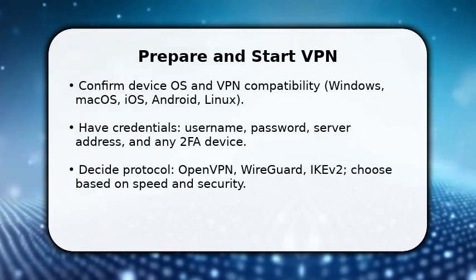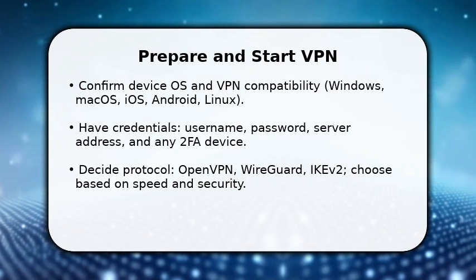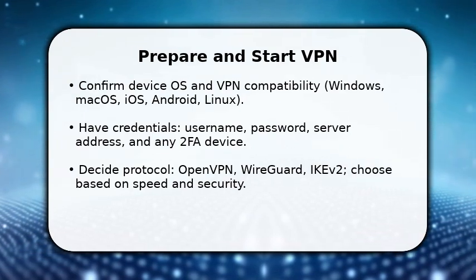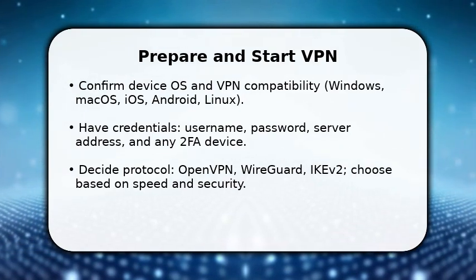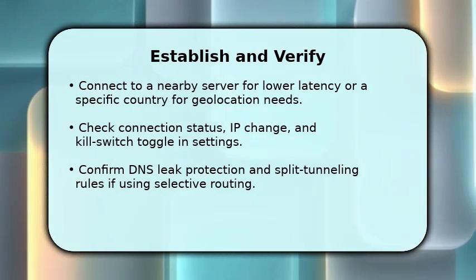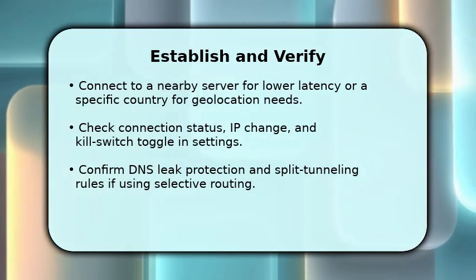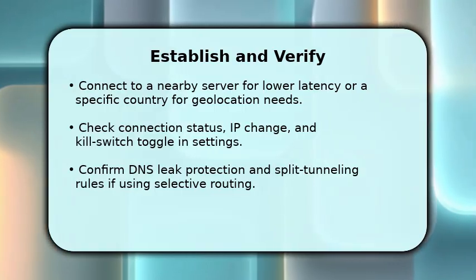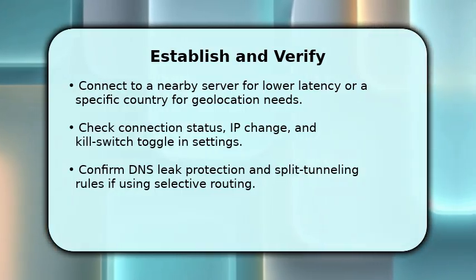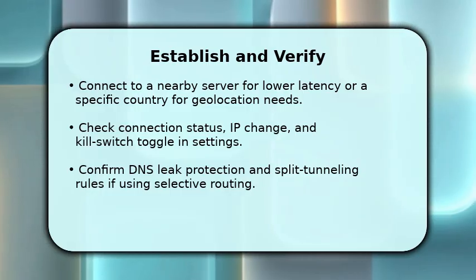Make sure your device's firewall permits the VPN app and that airplane mode is off so the client can initiate the connection. You now initiate the connection and watch the client's status indicators. Once it shows connected, verify your public IP and location through a quick IP check to confirm the tunnel is